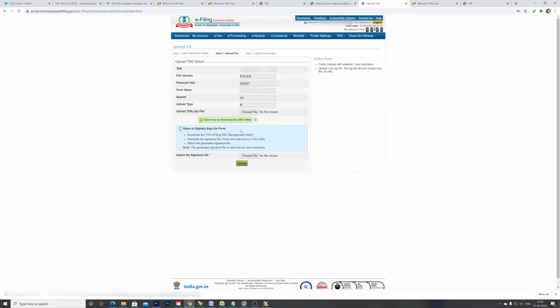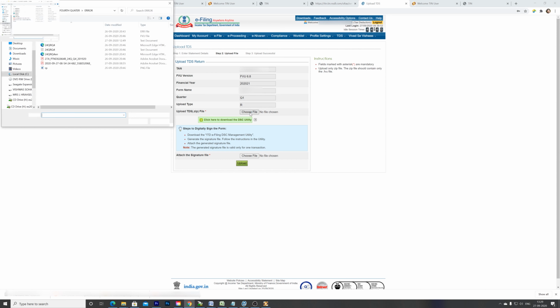Now this utility will help you to generate the signature file. DSC utility. Then now TDS zip file. I'll just, this is quarter number 1.